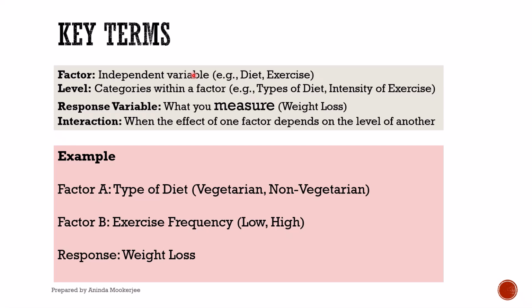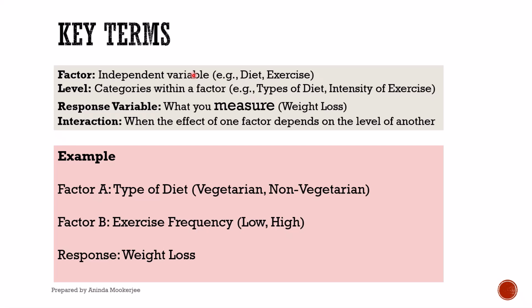For example, in our example of different regions affecting the mean energy consumption, the independent variable was the region. The region was the independent variable. We wanted to know whether the region had an impact on the energy consumption, and there was just one independent